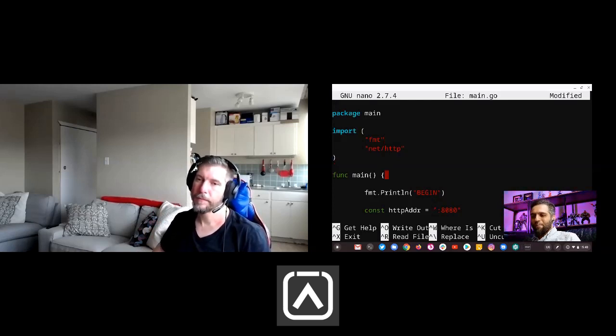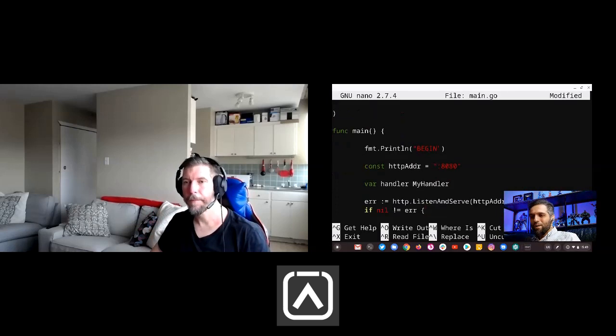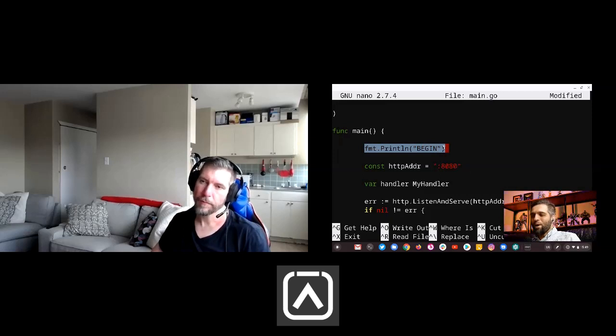So main is usually where things start, you were right. There are technically inits that start before it, and some other things, like if you have a global variable declaration that calls some kind of function, that gets called first too. But we go into main and we just print "begin". Why did we print begin? Because I want to see if it starts. I want to see if it worked, right? So I just print begin, and I can tell something's happening. And then after that,